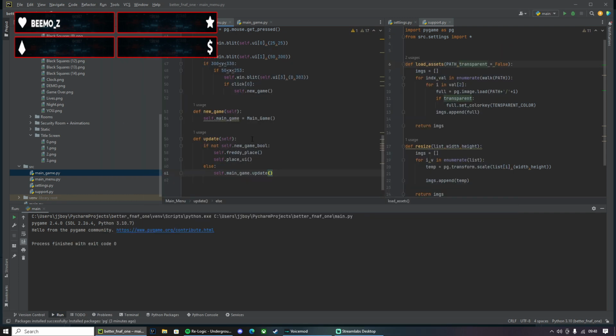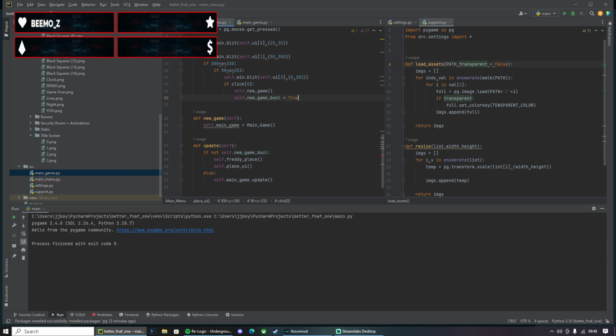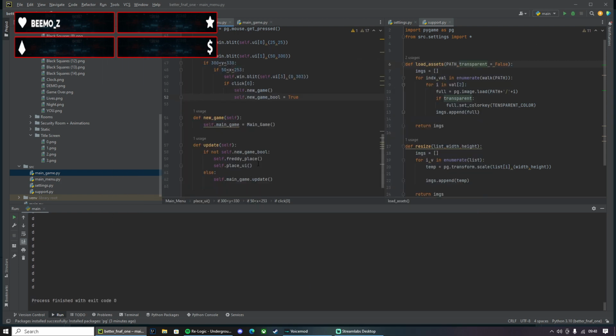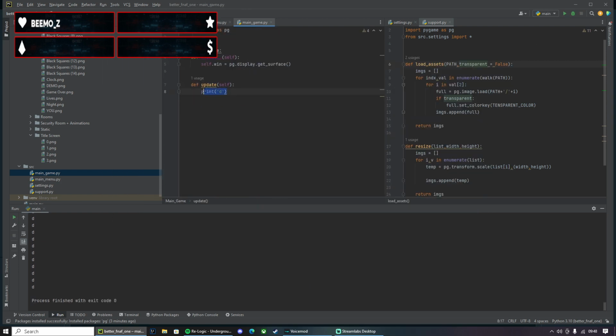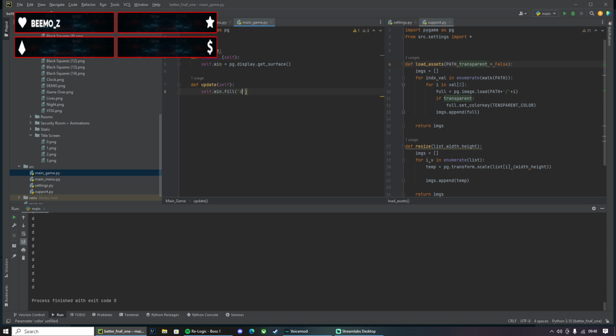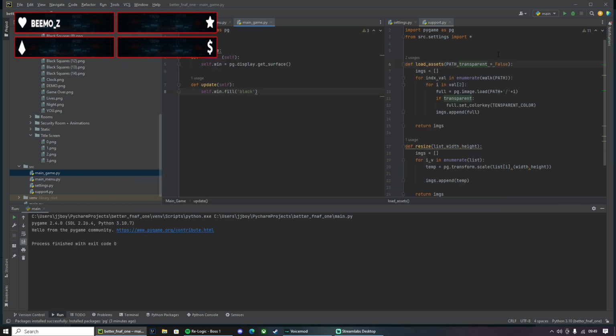Okay, so we've clicked it. Actually, we need to turn it to self.bool equals true. There we go, so it all stops. So what we could do here is a black screen. So self.window.fill black. And then boom, it's black. Then we're back up to 600 frames a second. This is a type of game I like to play.